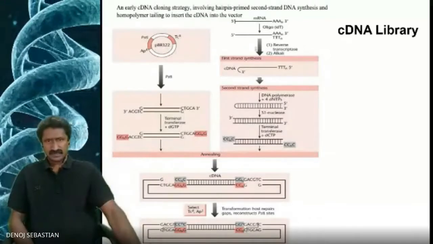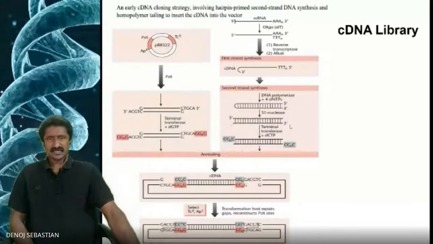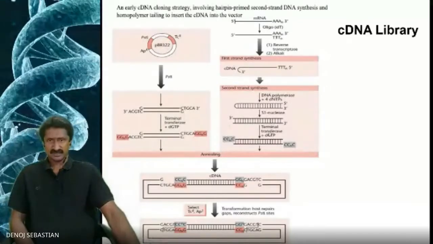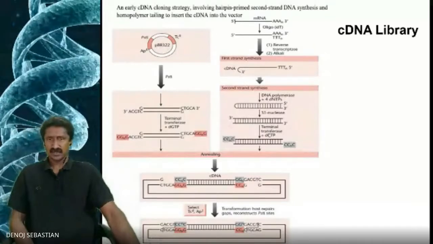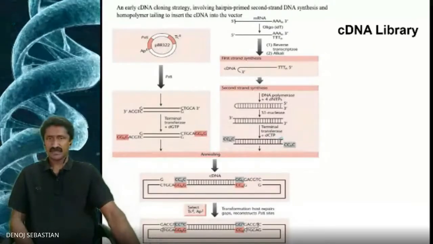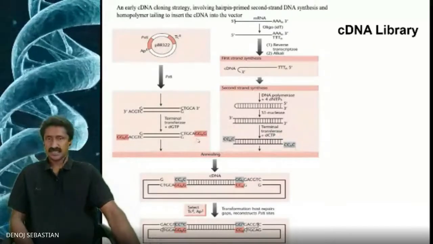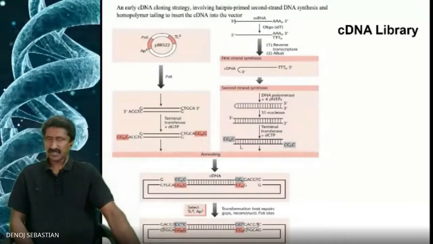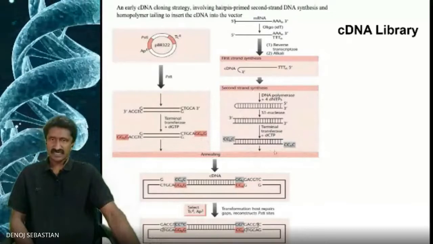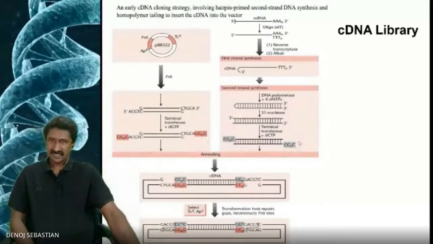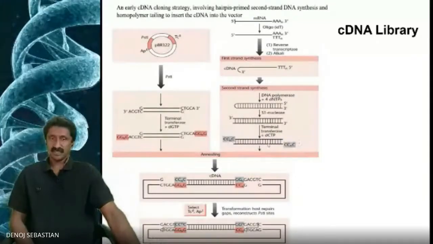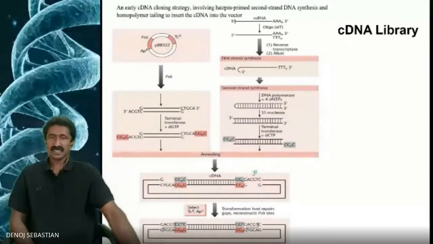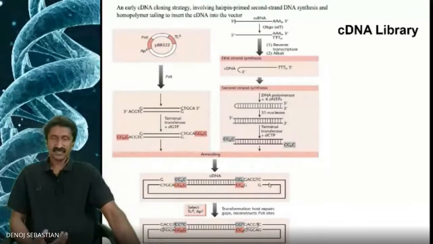Now, S1 nuclease will create single-stranded, double-stranded DNA. Then there is a terminal nucleotide transferase which will add poly C at both ends. Now we have a vector which is prepared with poly G at one end, and the cDNA which is prepared with poly C on both ends. And this can be annealed together so that the circular vector is again circularized and formed with the recombinant DNA,